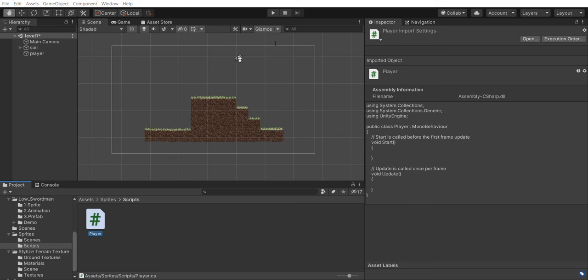using UnityEngine; using System.Collections; public class Player : MonoBehaviour { // Use this for initialization void Start() // 63. Update is called once per frame void Update()